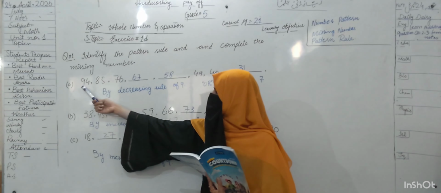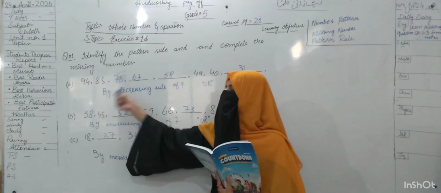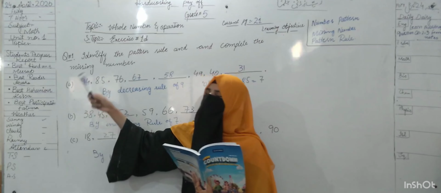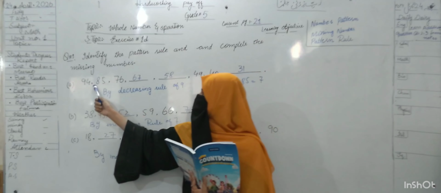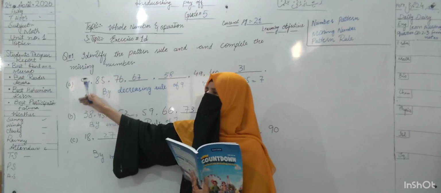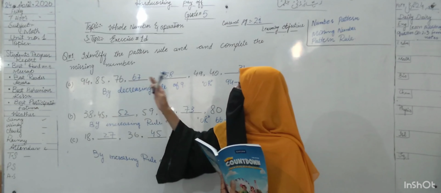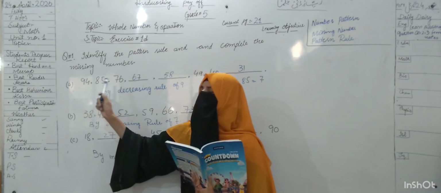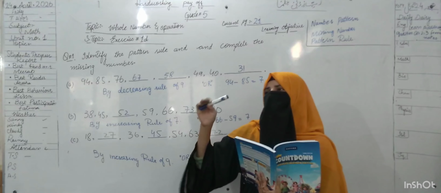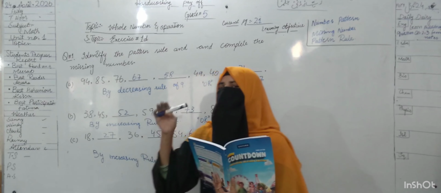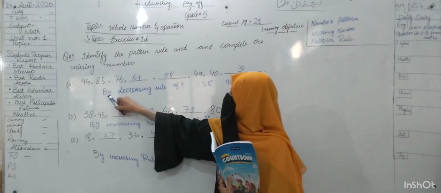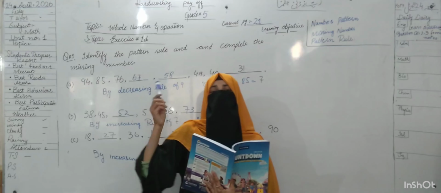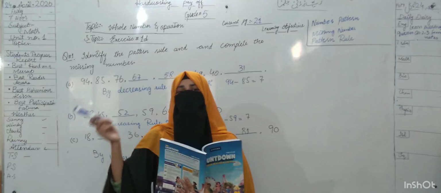When you look at your first question, the number is 94, the next number is 85. In these two numbers we identify which is ascending and which is descending. The first number is 94, the greater number, and the lesser number is 85, which comes after 94. It means that the pattern used is decreasing order. Let's think you have a number to subtract from it and then write the next term. So it means decreasing value. In this question, the numbers are in descending order, greatest to smaller.